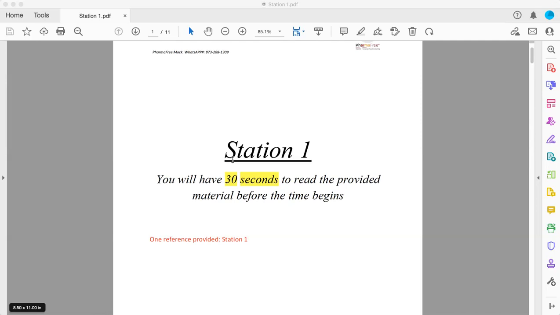Okay. So we're gonna start with station number 1. Who will be the volunteer who's gonna participate with us? Okay, I can do it, doctor. Okay, Mohamed, if you don't mind, can you please check the timing?